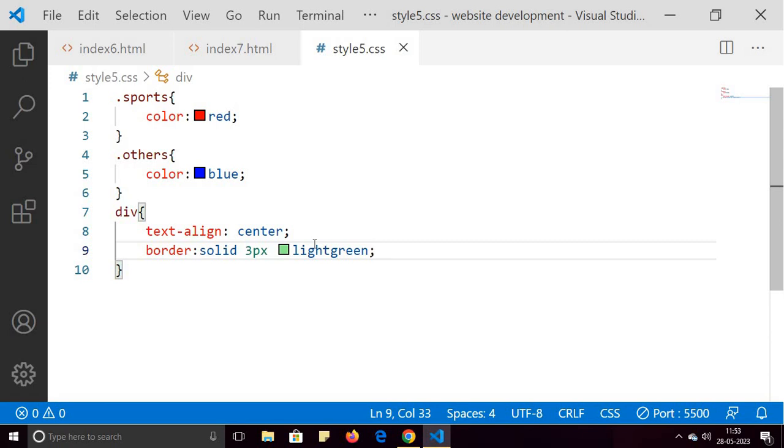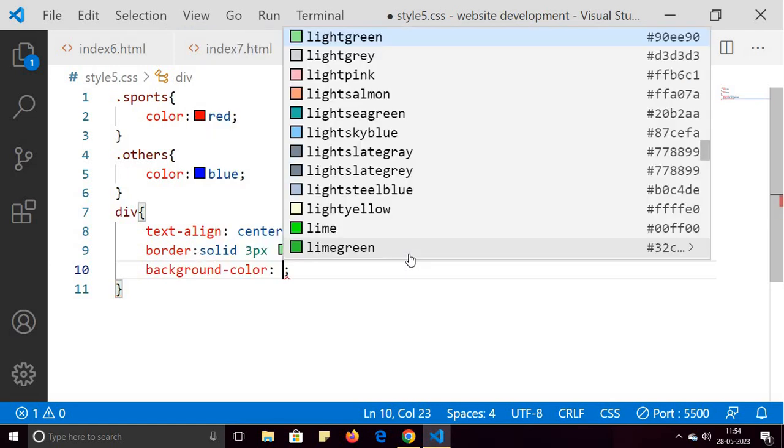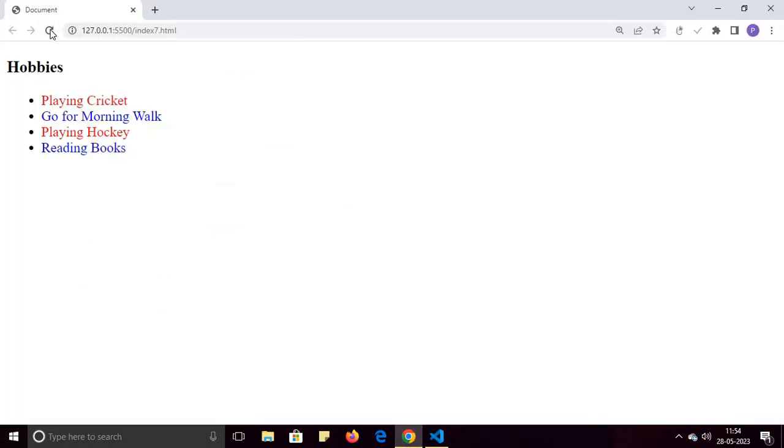Okay, fine. And you can also use background color, let's say bisque. So go to the browser, refresh it,